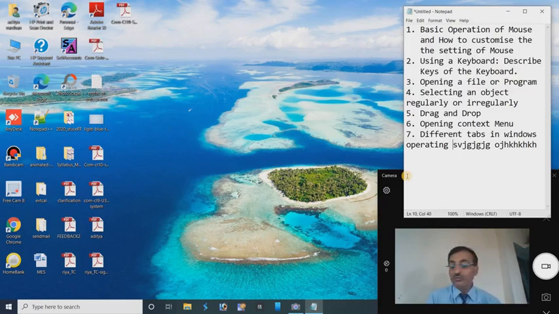Likewise, one more important thing on the keyboard: different keys are present, and one important key is known as the toggle key, that is the caps lock key. Caps lock key means what? This caps lock is called the toggle key. Why? Because once pressed down, if caps lock is on, each and everything will be typed in capitals. But if caps lock is off, then we can type in small letters. If caps lock is on, type capital. If caps lock is off, then we type small.